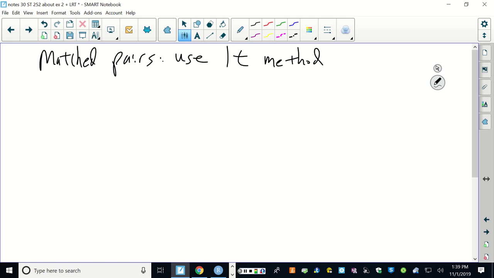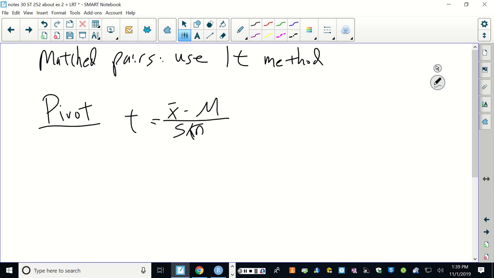So, connected to some of these procedures, we did mention the technical detail of something called a pivot function, right? So we had a couple, x bar minus mu over s over square root of n, for instance, was one of these, right? And so,